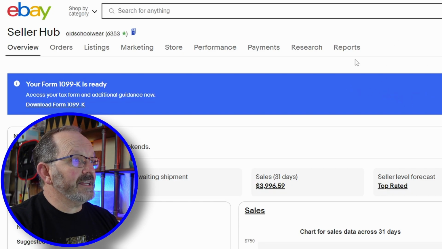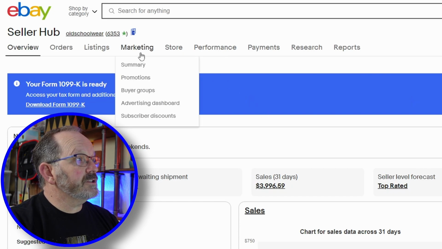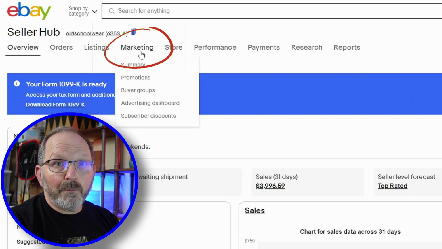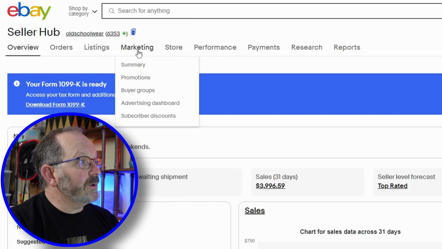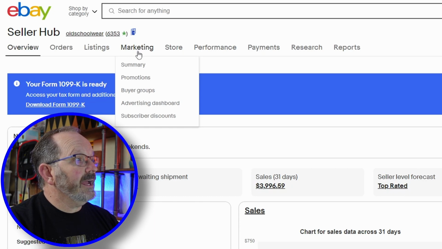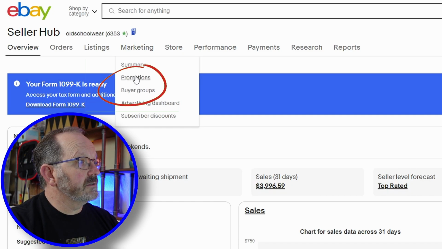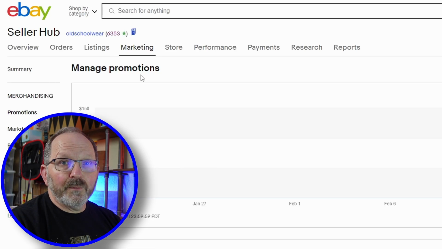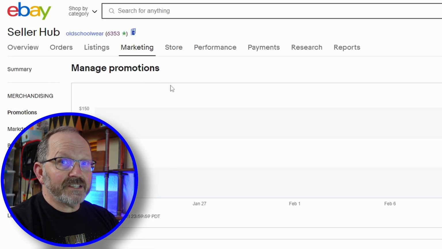This is my Seller Hub for my main store. And we're going to go up here to the top where it says Marketing. If you hover over that, you're going to see that there are a few choices that you get to make. And what we're going to do is go to the second one that says Promotions. Promotions is going to bring up this page. And if you watch as I scroll down,